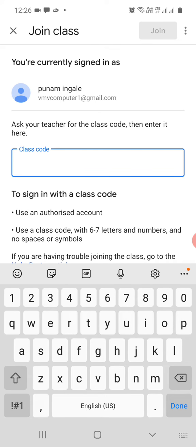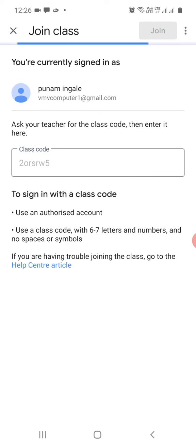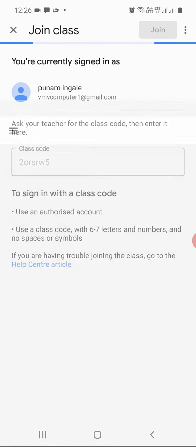Suppose the class code is 2ORSRW5. Suppose this is the class code that you have been given by your teacher. So enter this class code into the class code option and join that class. Wait for a minute, and then you have directly joined the class.